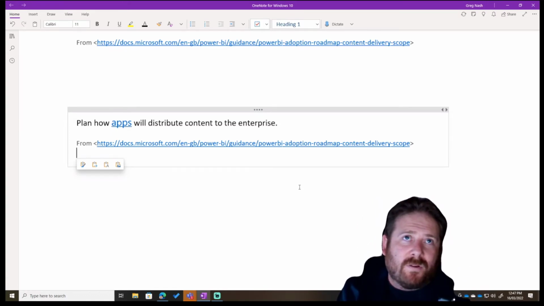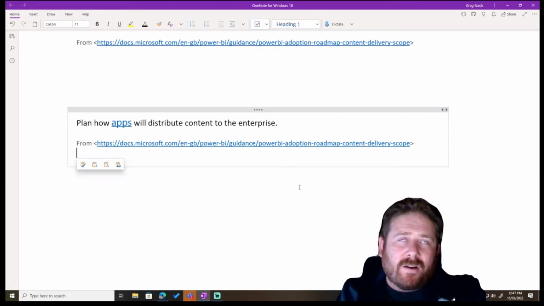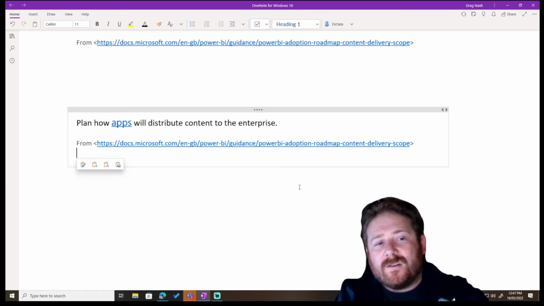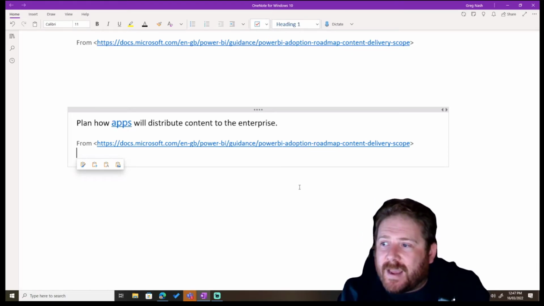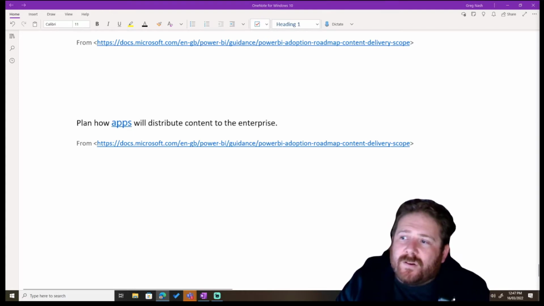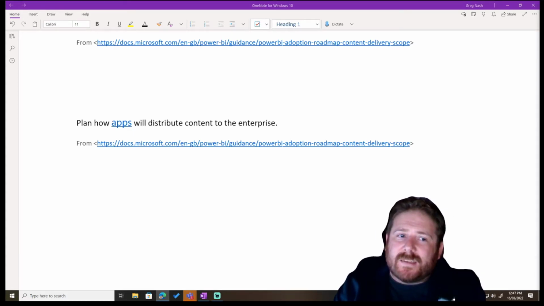So people look at the stuff through the app. You're not sharing workspace access for people to access content. You're sharing things via the app, which is really important. You can also, there are little subtle things inside app management that you need to think about,